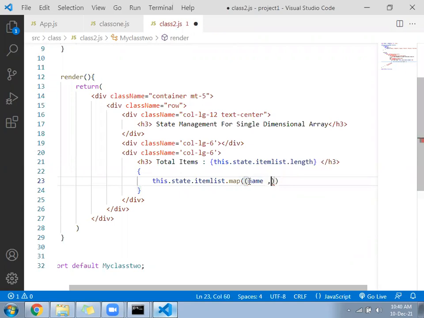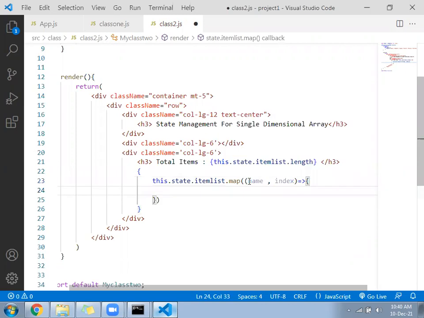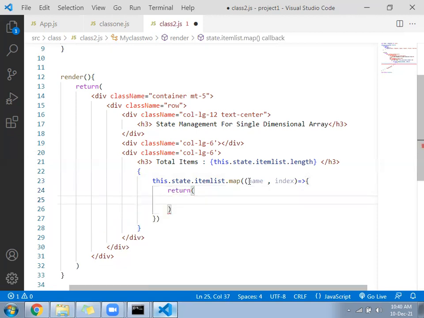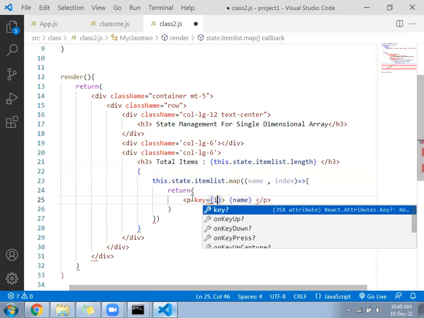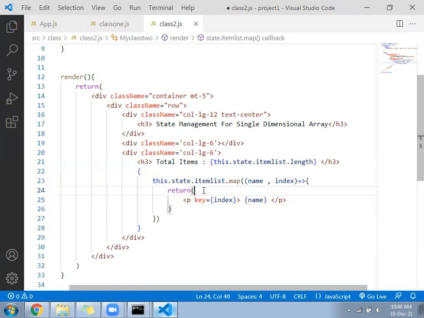Name of the item and index of the item, can be split separately. Come inside. Return a paragraph and keep the name. And don't forget to add the key property. Key equal to index. Save now. It will print all the list of the elements.